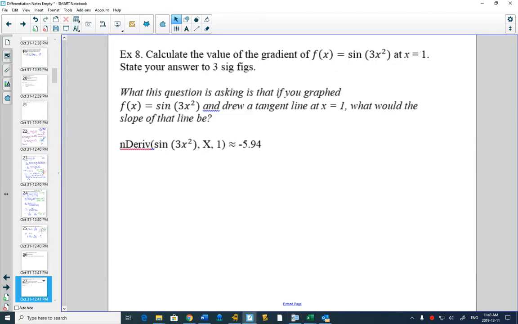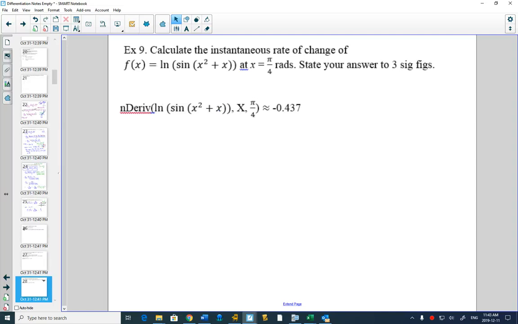This would be an example of something they may ask on the calculator part of your exam. If they pick a function that you can't do easily using the rules we're going to learn, it could be quicker if you used a calculator. So this nDeriv function is really nice. Here's another one. We won't plug it in, but this is an example of one that is extremely difficult even once you learn shortcuts. And if you tried to use the definition of the derivative of this one,